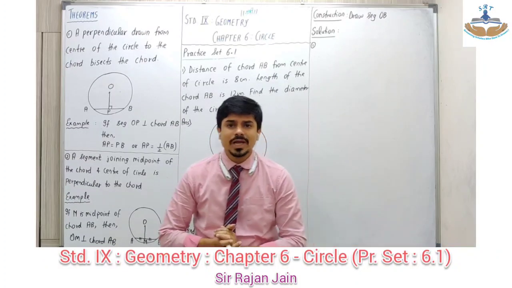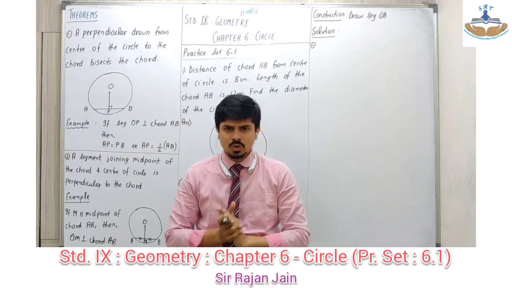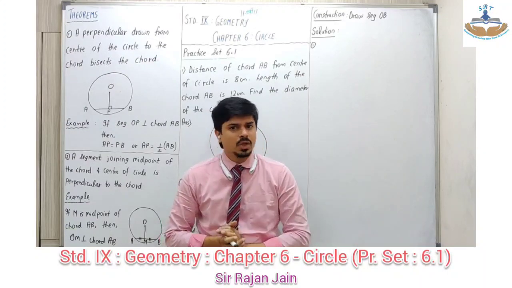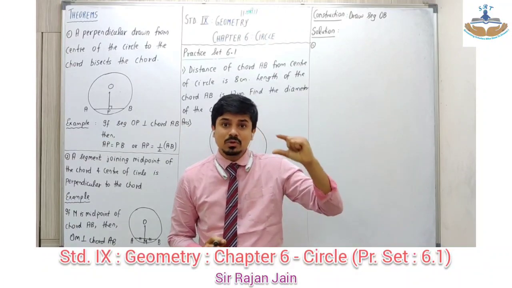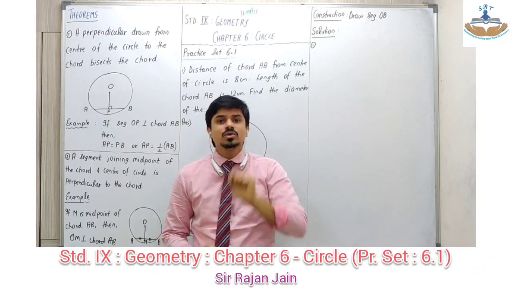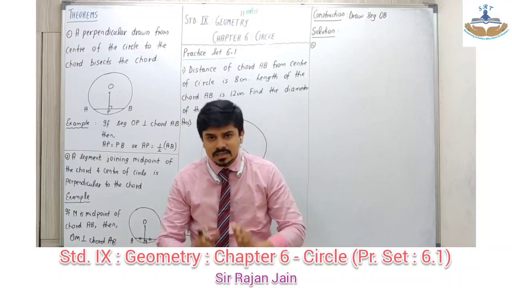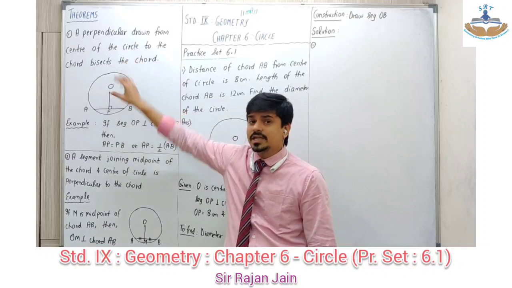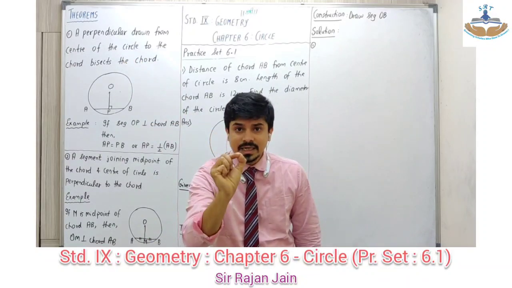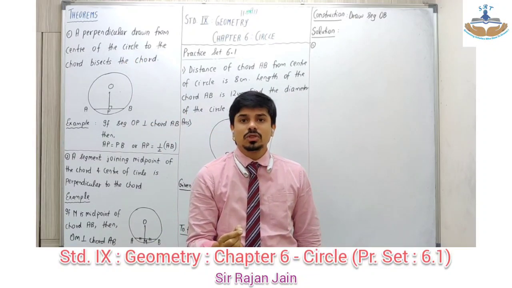अगर मेरे को isosceles triangle theorem apply करने का रहता है, do you directly write angle congruent to angle? No. What you say? In triangle so and so, segment congruent to segment. ये उसका condition हो गया. Therefore you say angle is congruent to angle. Same way, I have to write the condition to apply this theorem. Condition क्या है? From the center there has to be a perpendicular on the chord.